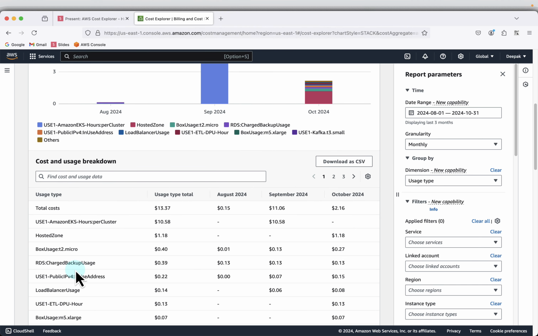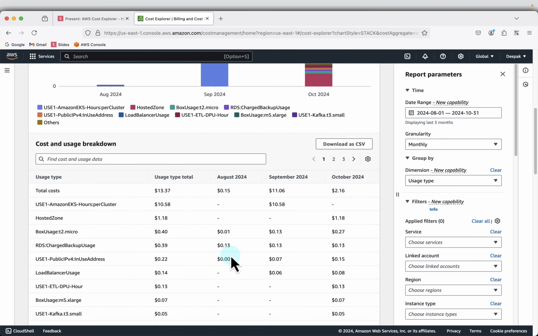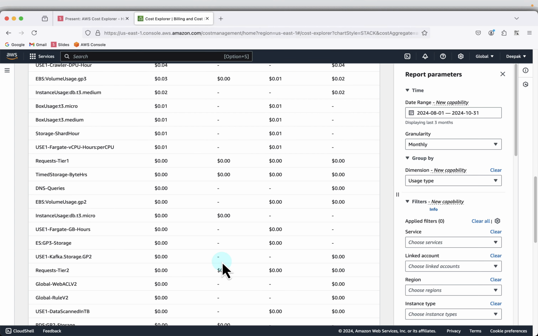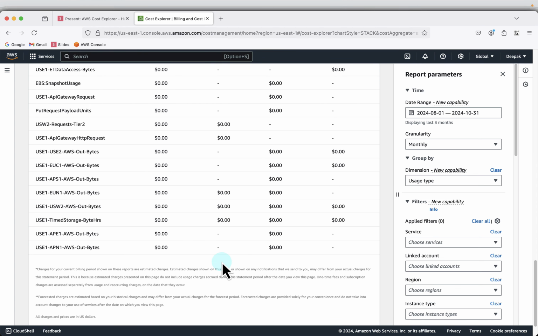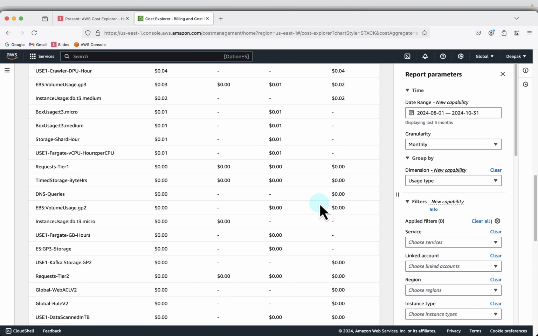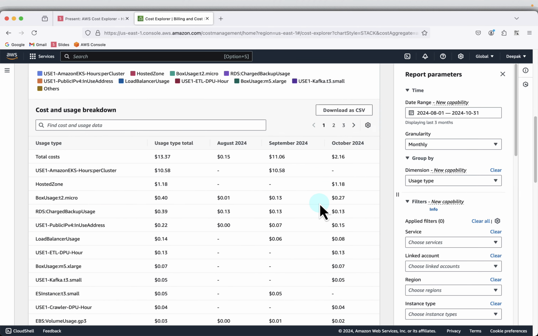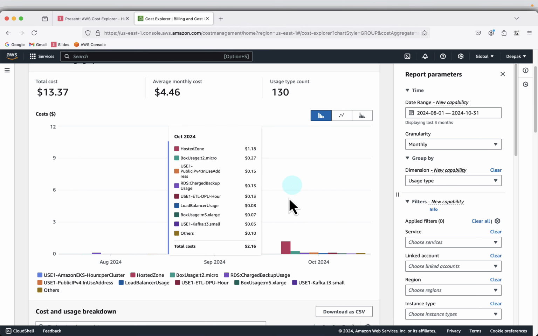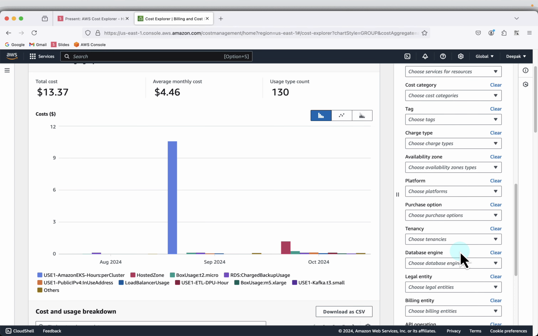So under that you can see which all services were used, which were part of, those services are using EC2, and you can just go down and you can see more. So a lot of these are $0. That's why it's not coming up in this particular graph. So if I click here, I can see more information, and I will again